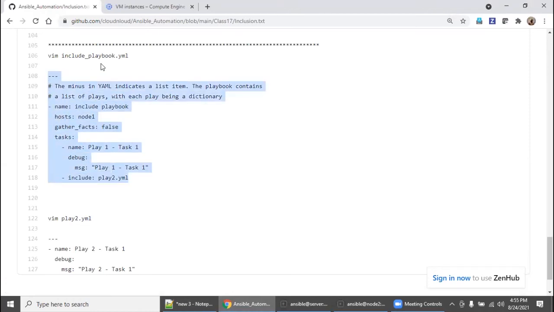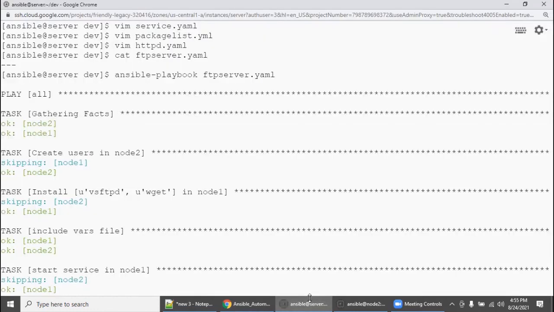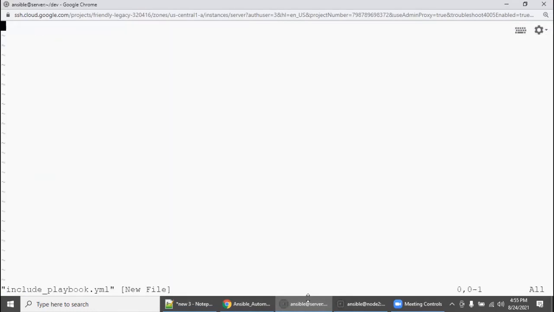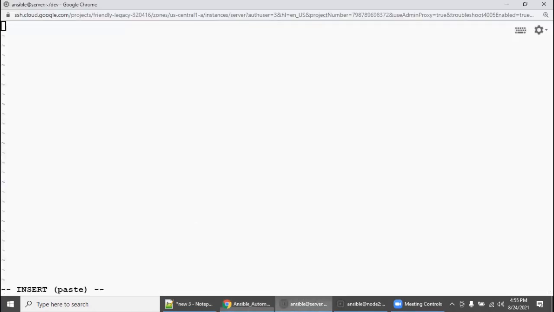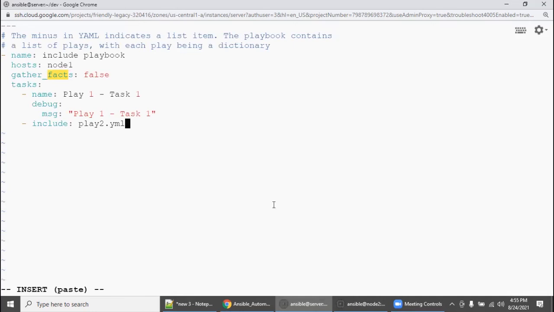So we are going to create this. First we will create the playbook, include playbook.yaml. Say set paste, insert mode, go here, copy this. As part of this, we are doing play 1. We are just printing our custom message, and also we are calling another outside playbook, right?